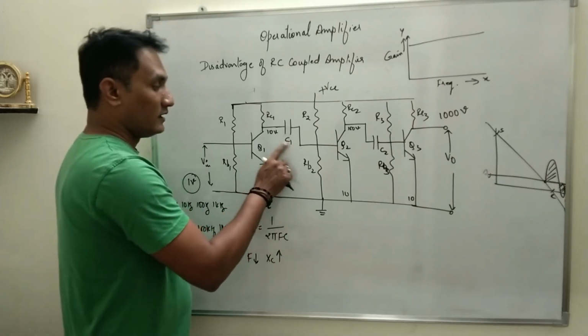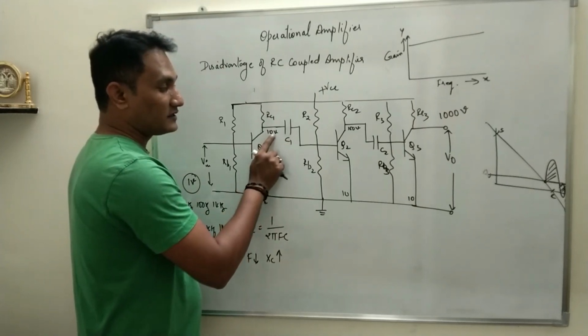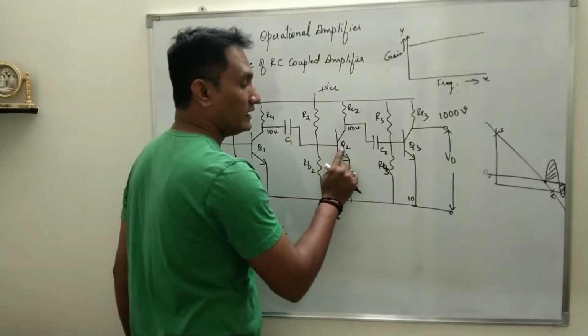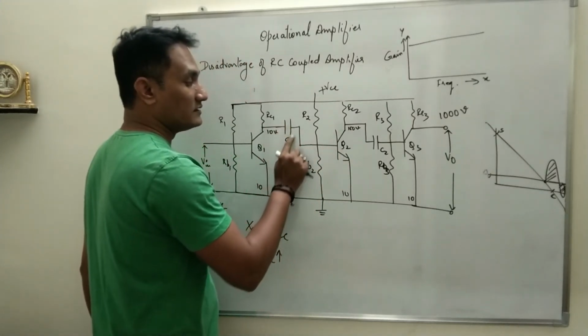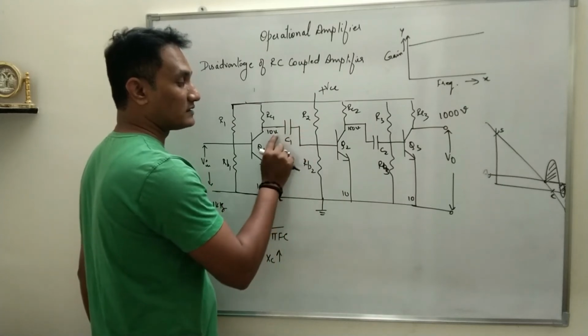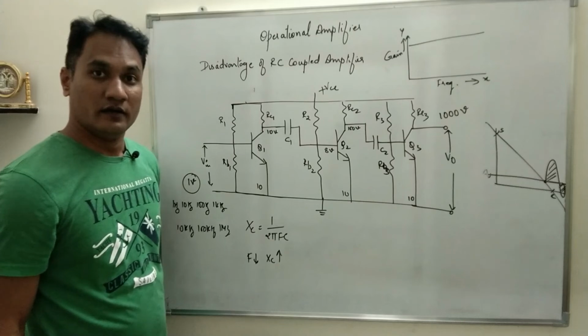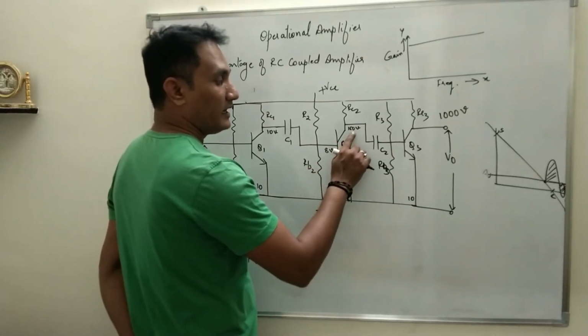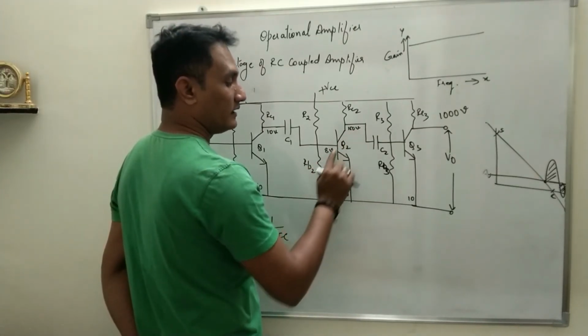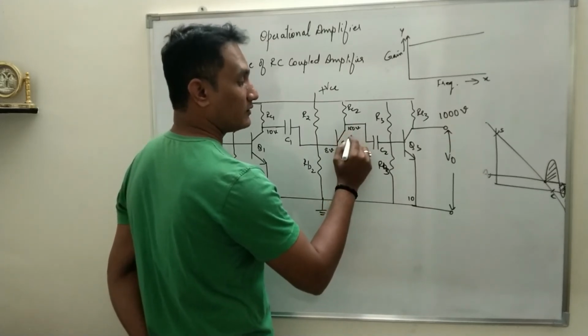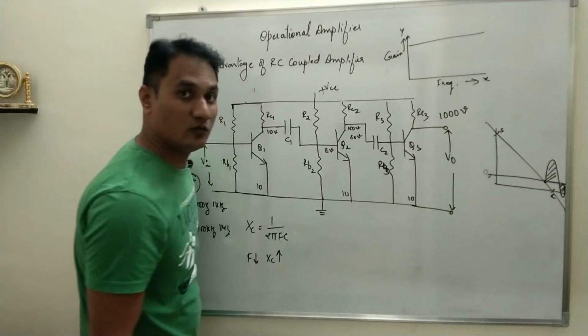That means this 10 volt is the output of the first stage, but this entire 10 volt will not reach the input of the second, because the resistance offered by the capacitor will be very large. Some voltage will be dropped across here. Say only 8 volt reaches at this point. Now 8 multiplied by 10, how much will be the value? It should be 100, but what you are going to get is 80 volts.